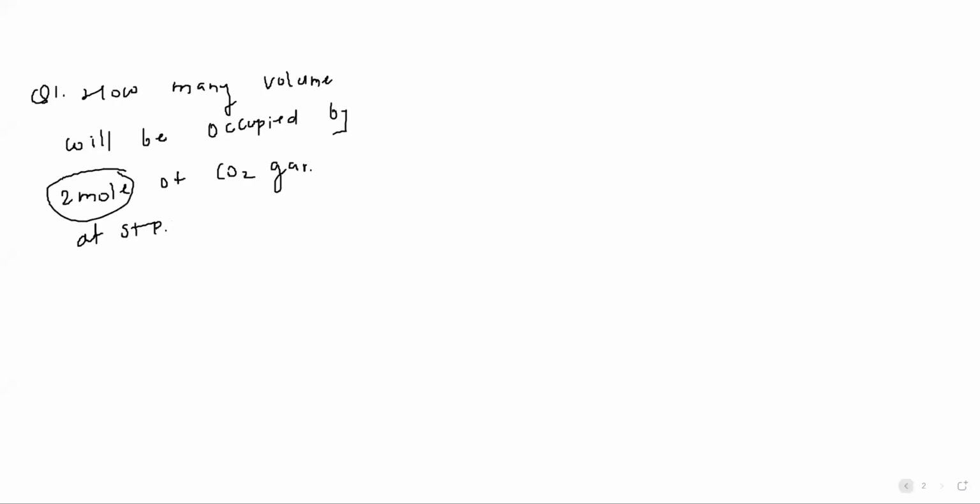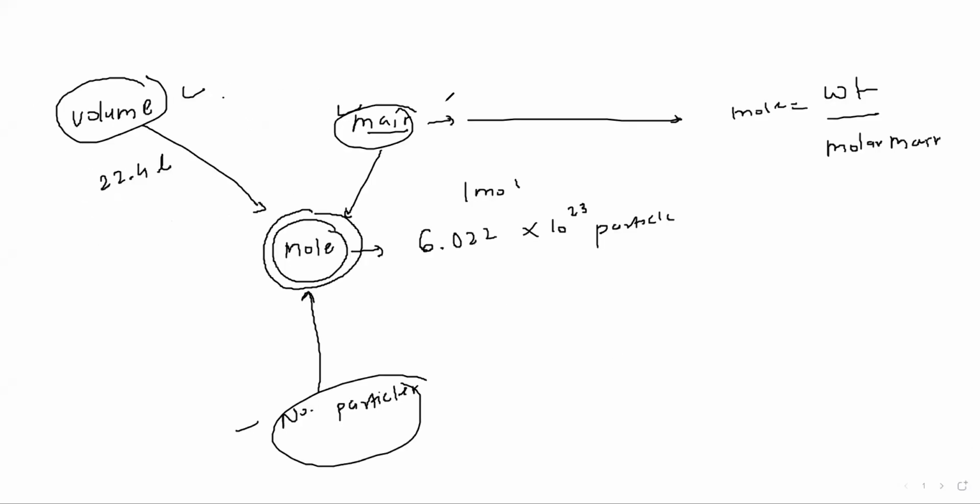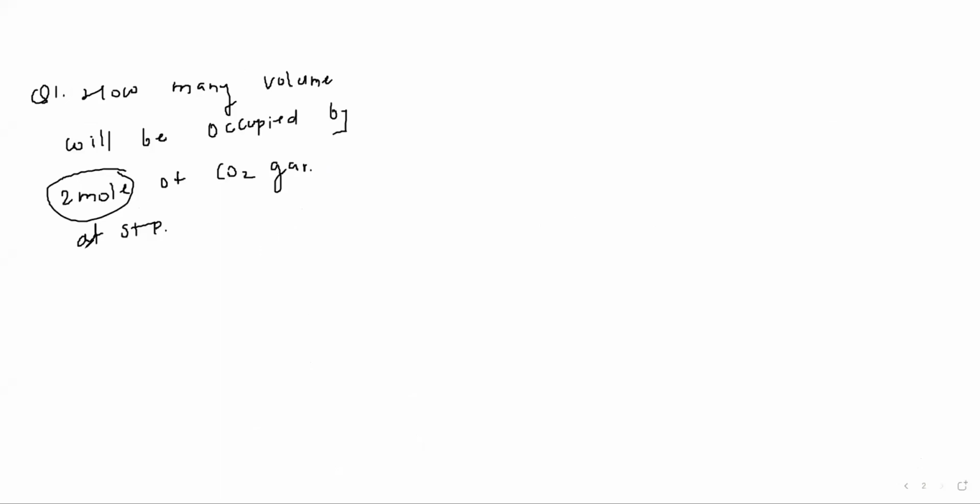Right now we have seen that mole can be converted into volume, mole can be converted into mass, mole can be converted into number of particles, or vice versa. So right now they are talking about the mole. They have already given you 2 moles, yes or no? So we have to convert into what? Volume. Does anybody know how to convert it? This is the simplest form of the question and is mostly asked in the examination. So from the mole, I have to change into the volume.